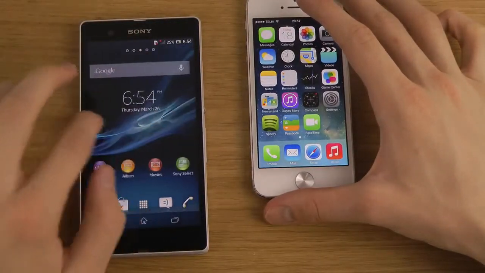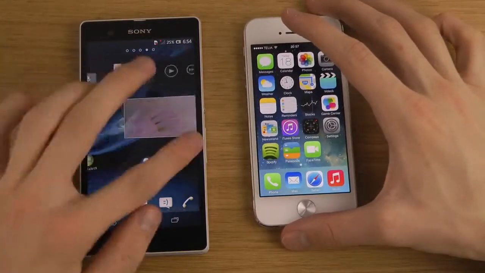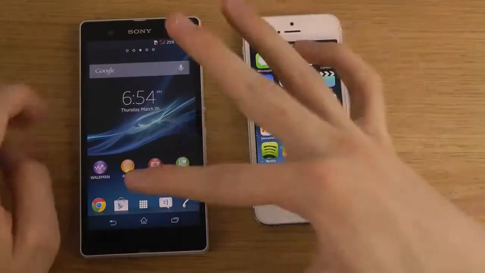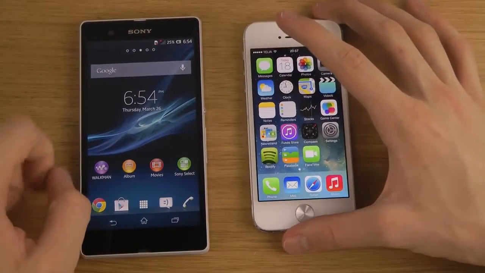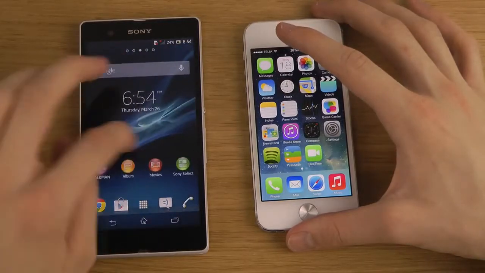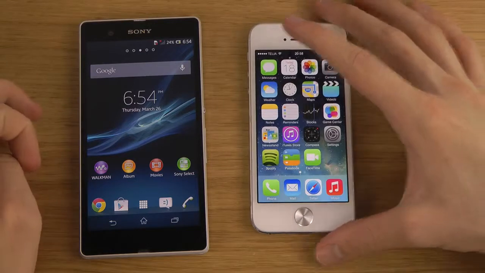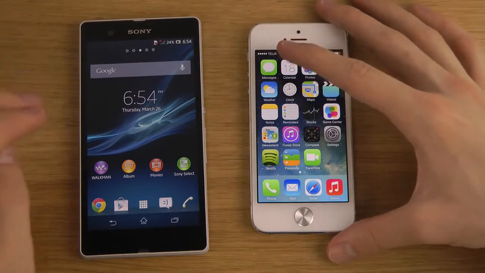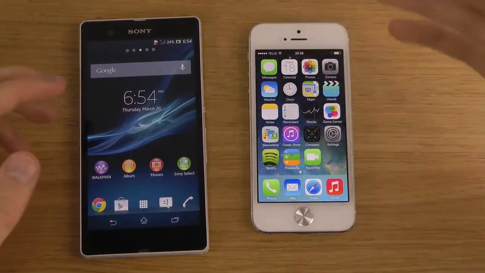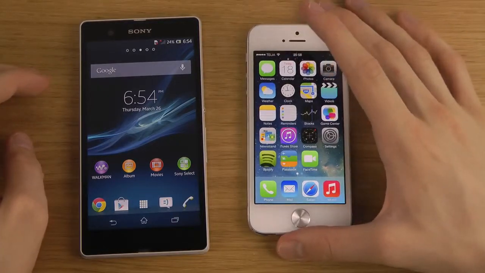Also, if we continue on here, one of the main differences still is that on the Xperia Z, you can see that I can have both widgets and apps on my home screen. And of course, if I want to customize the look in Android, I can quickly just go and install Apex Launcher, Nova Launcher, or any other launcher. And of course, I can tweak more on Android, where you're a little bit more locked down